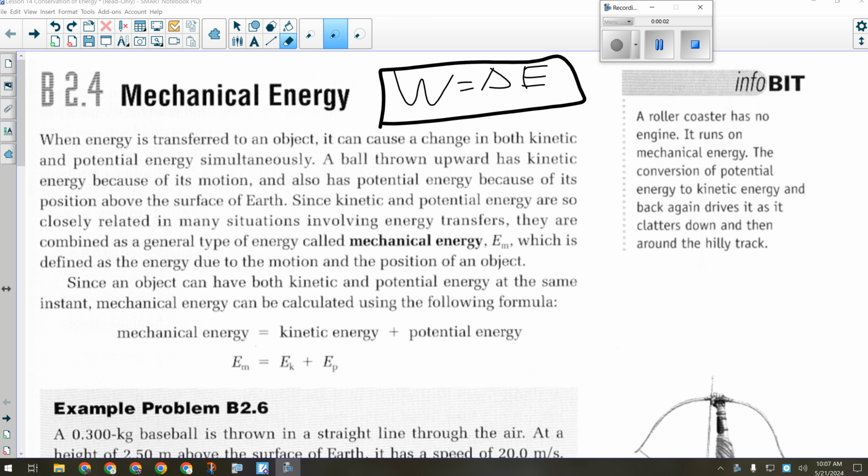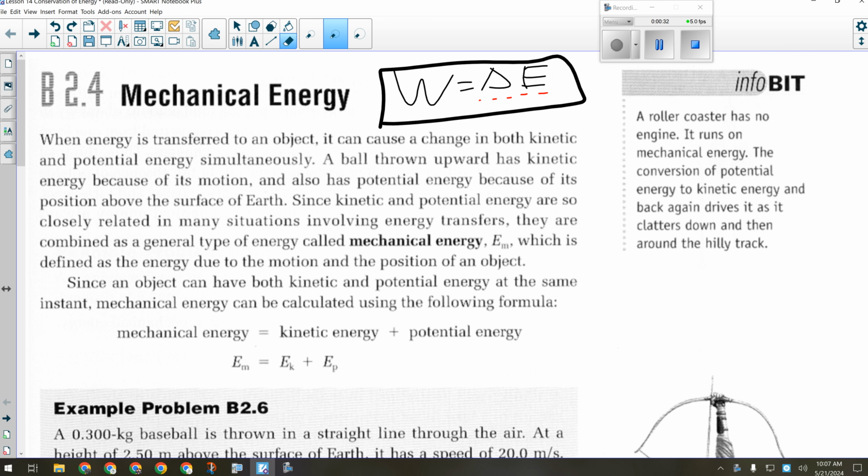So the last 2-ish weeks, we've been working on the work energy theorem. In the work energy theorem, mechanical energy changes. We only had to do problems where either potential energy or kinetic energy changed. But still, the mechanical energy changes if either one of those energy types changes. Everybody with me on that? Work is a change in mechanical energy.